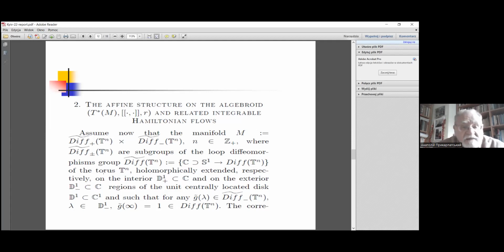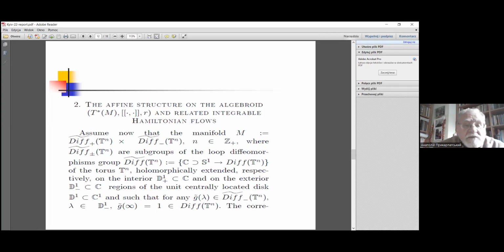Then we can holomorphically extend this mapping from the circle S1 inside of this disk D plus and outside of this circle with respect to the parameter lambda belonging to this complex plane. This way we obtain two parts of the diffeomorphic group of this torus,